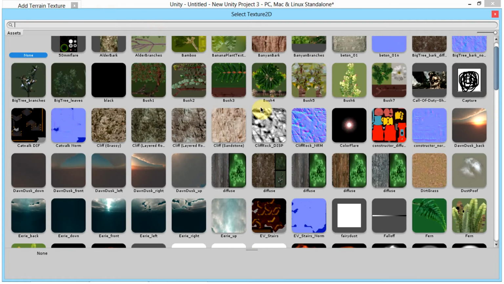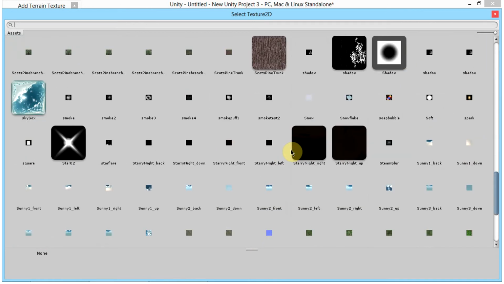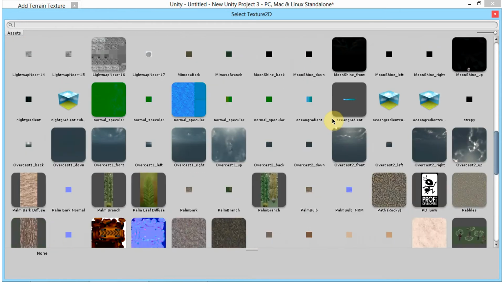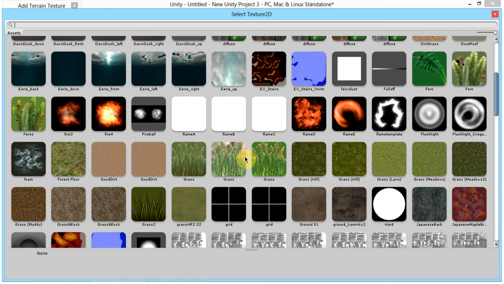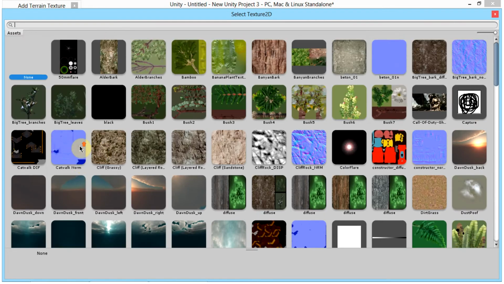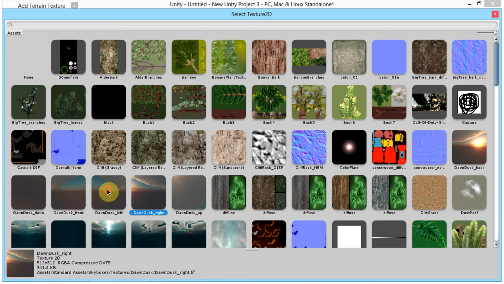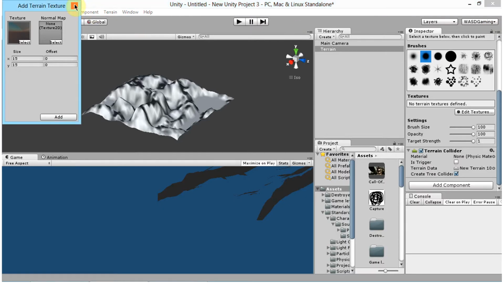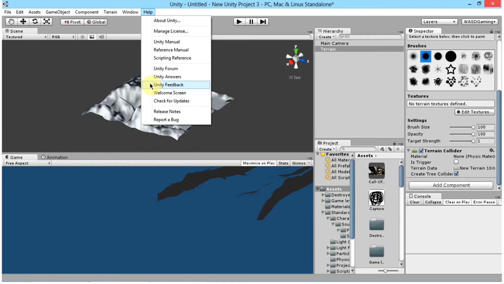So as you can see, I have all these different textures. Unity comes with a bit of textures, for example, it comes with these things, but those are not really textures for your thing. So I'll tell you where to get the textures. So I'm just gonna close these, and you have to go to help and then go to welcome screen, choose Unity Asset Store,